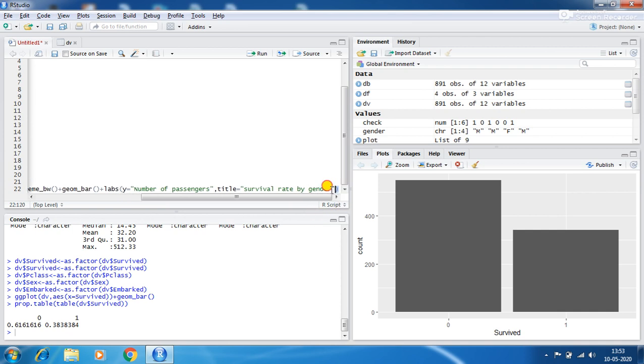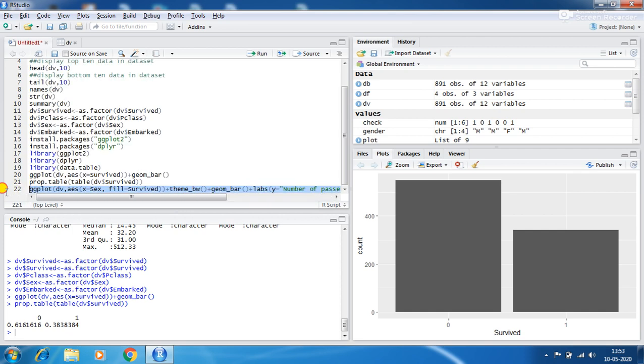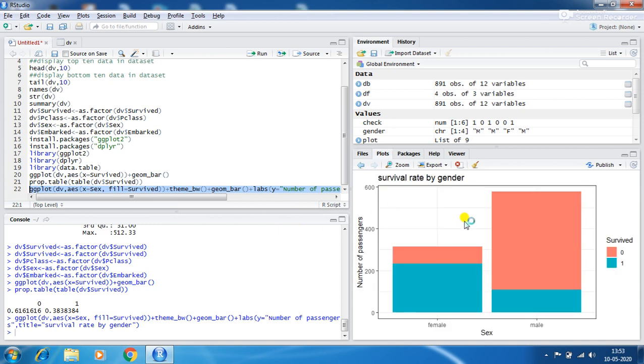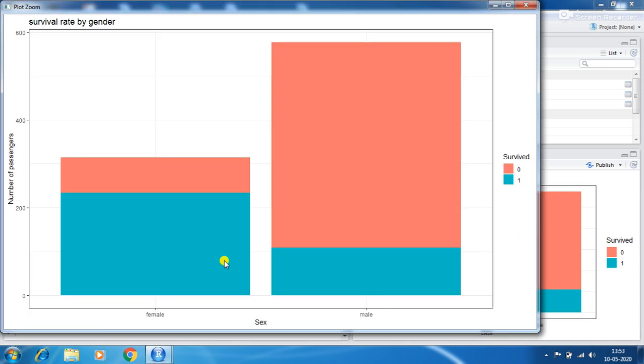How to run it? Select the line which is to be run and then run. We show the graph. Red is not survived, blue is survived. Means female people survived more. Blue indicates the survived people, and red indicates the not survived people.